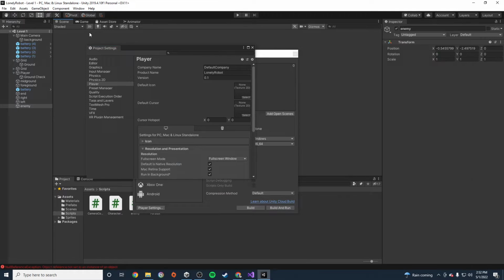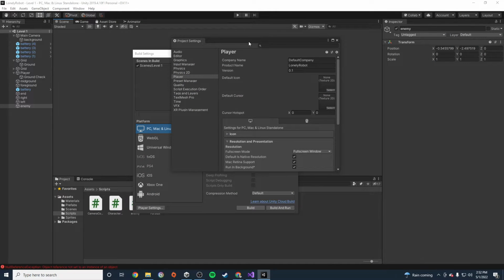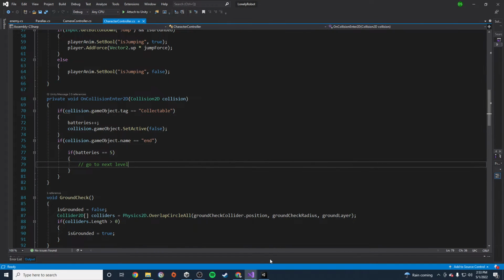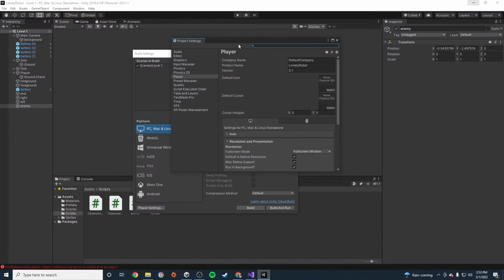All right, there we go. Hello. If you click on the player settings menu, and now I have a random error for no reason. Okay. Anyway,